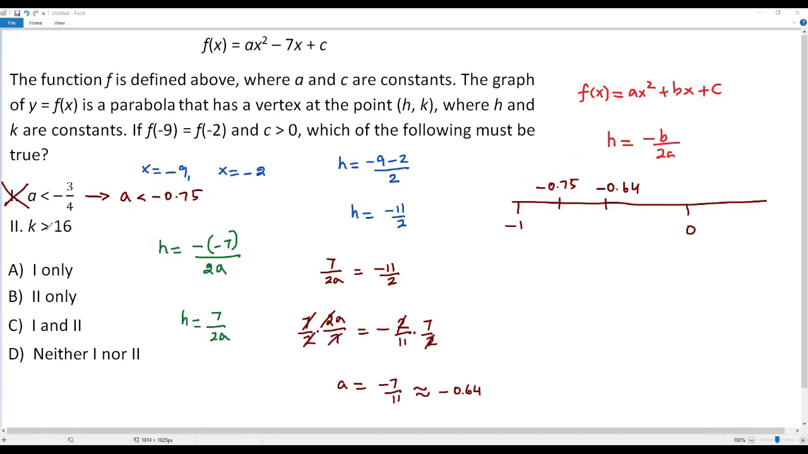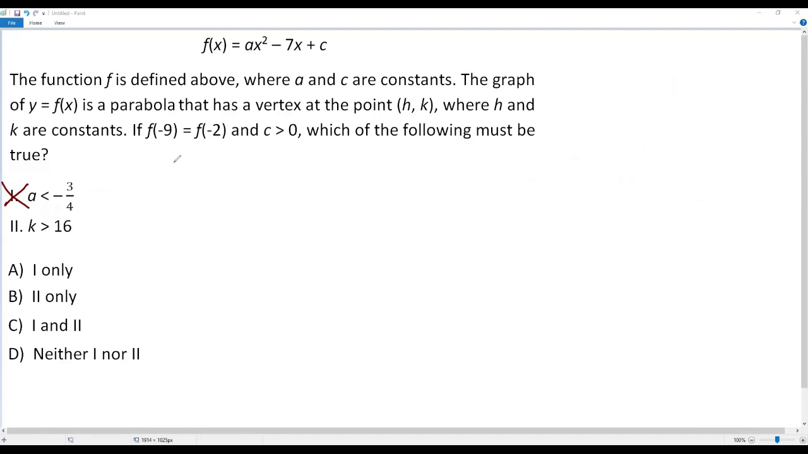Now we have to verify the second statement. Now let me erase this stuff and continue the problem. Already we got the value of the x coordinate of the vertex, that is the value of h, equal to negative 11 over 2, and also the value of a, equal to negative 7 over 11. Now let me write the quadratic function in vertex form, that is f of x equals a times